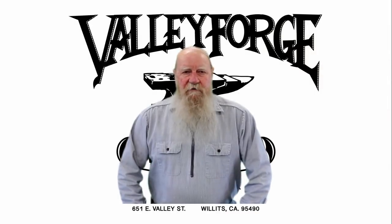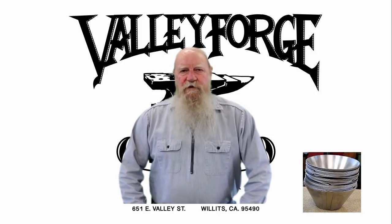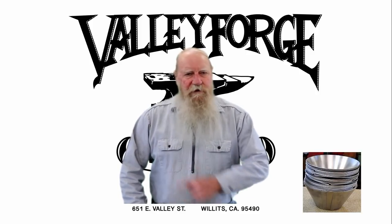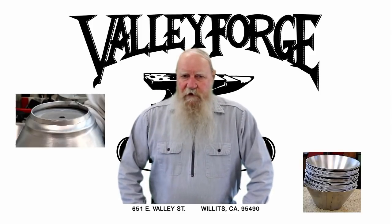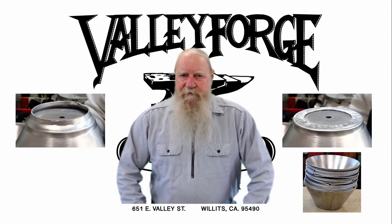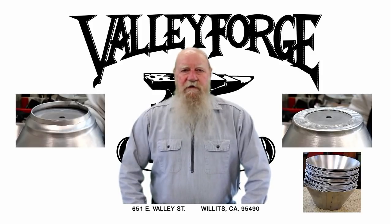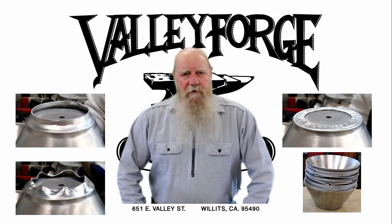I had a stack of 25 fuel splash shields to turn a 1-inch flange on. They started out looking like this, and by the time I was finished with the tucking, they looked like this. In order to make this transition, I had to use a process called tuck shrinking, which is carried out by